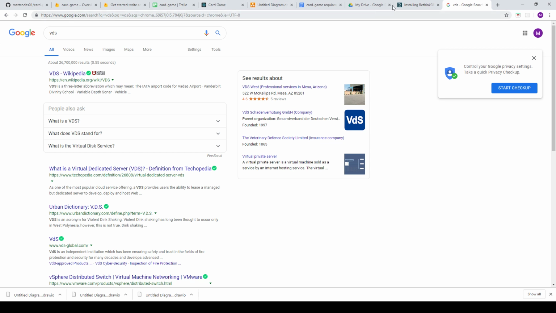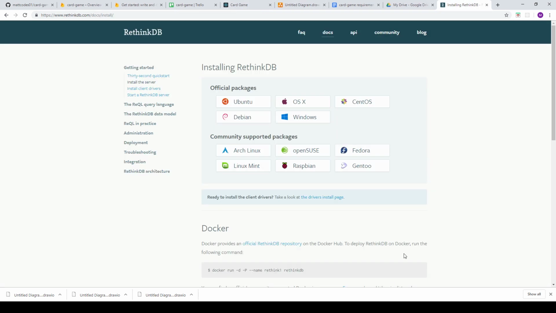Oh, virtual dedicated server, right. Okay. Yeah, so I don't want to pay for one. I don't know of any good free ones. I could obviously boot one up on, I guess, AWS or something like that, or some other service. But if you know of any free ones,